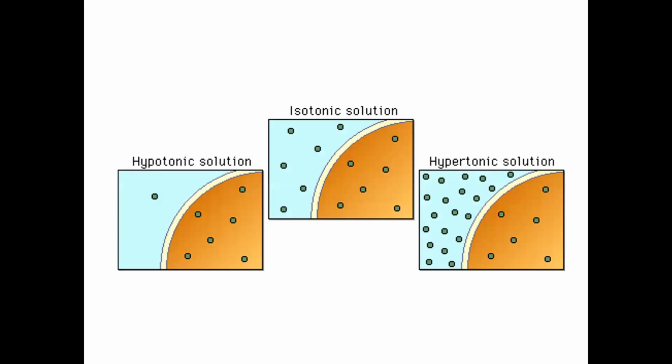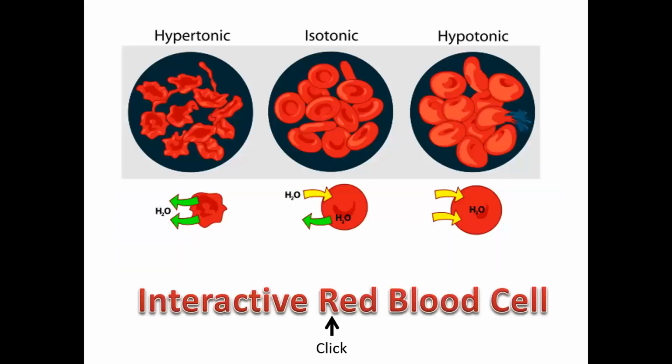See over here, that is a hypertonic solution. The cell cytoplasm contains a higher solute concentration inside the cells. In the hypotonic solution, the nutrient concentration is higher outside the cell cytoplasm. In the isotonic solution, the nutrient concentration is in equilibrium on both sides, inside as well as outside the cells.